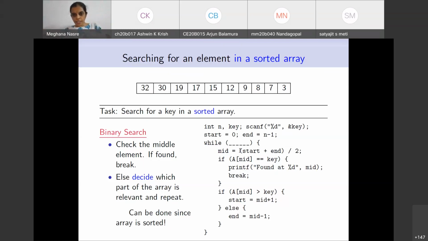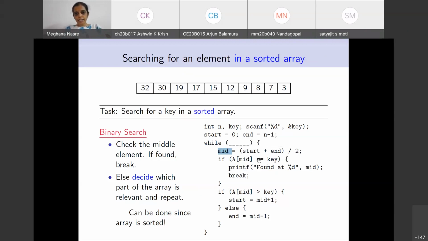And what we are using here is start plus end divided by 2. This is going to automatically be an integer because mid is an integer. Although it is not written here, start, end and mid are indices into the array, and therefore they are declared to be integers. Even though start plus end by 2 can be a fractional value, mid will be set to an integer because of the way we have defined mid.